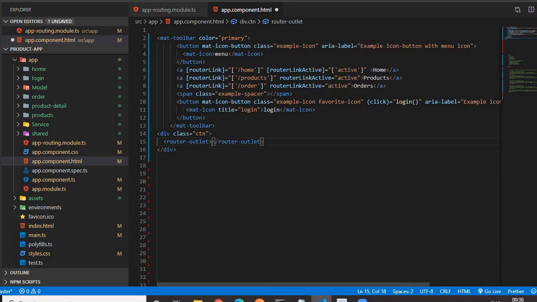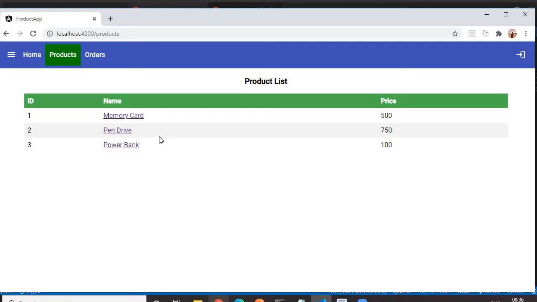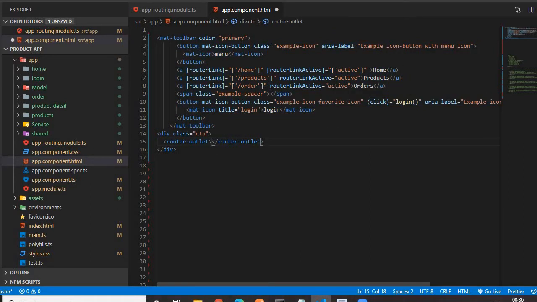So here you can understand that an Angular application is mainly used for creating a single page application, because we have a navigation bar, and on the basis of the click on the navigation bar, only the content of that page will be updated dynamically within the router outlet. This navigation bar will not be updated, only the content within the router outlet is updated.